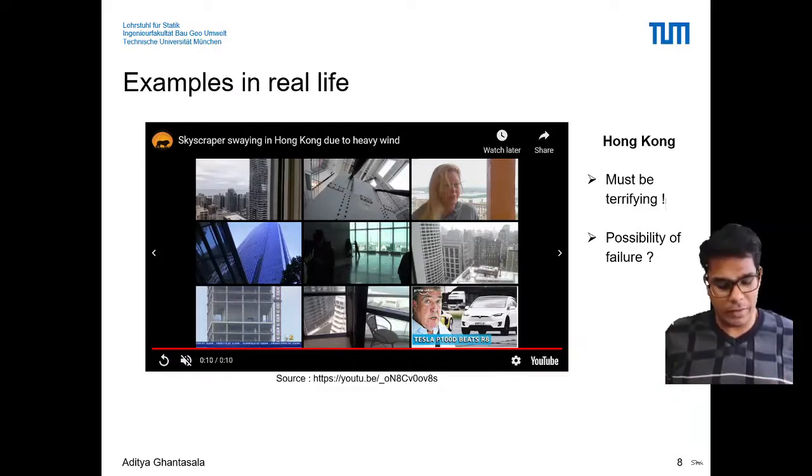And if this building keeps on moving like that, if the movement keeps on increasing because of the wind, there might also be a possibility that this building collapses completely. This is how such a phenomenon, fluid structure interaction, will affect the design of the building. We want the building not to move so much in the wind. So this is why fluid structure interaction is important in designing such buildings.